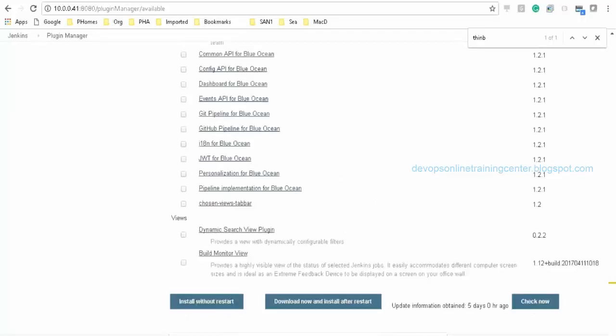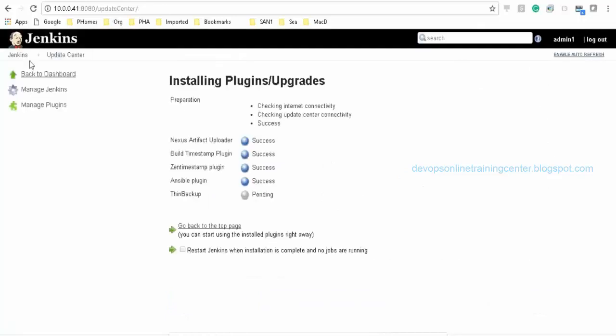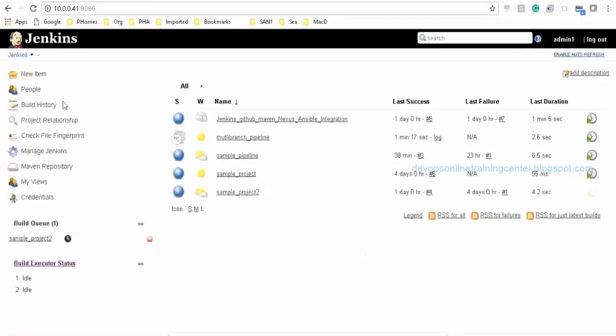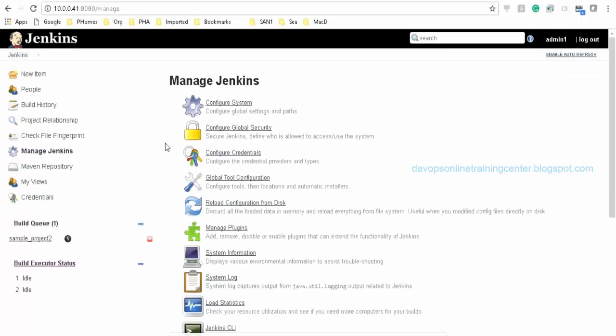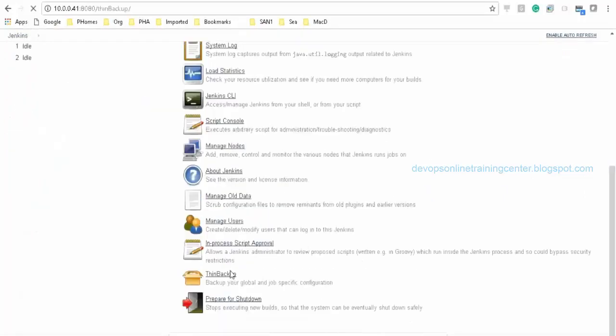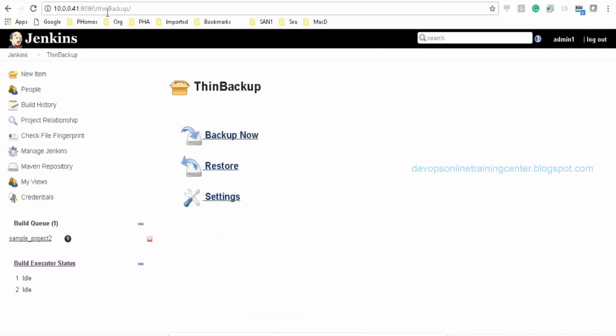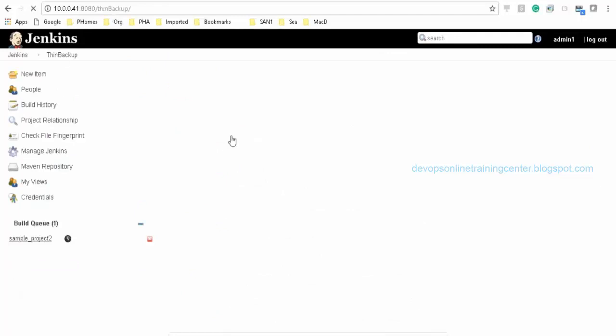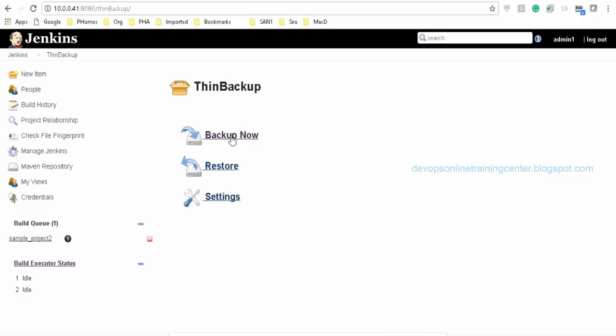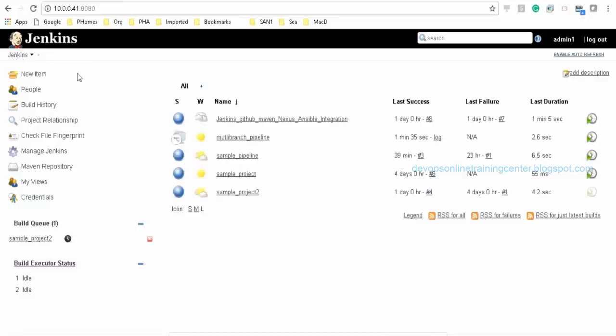We can take backup of our job, and if for any reason the job is deleted or modified by mistake, we can always get it from the previous backup. After installing the plugin, we get the thin backup option in manage Jenkins. Then I can go ahead and say backup now. It will take the backup.